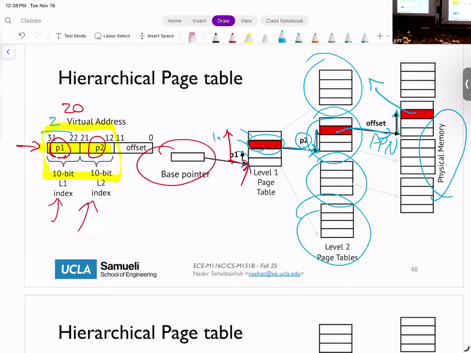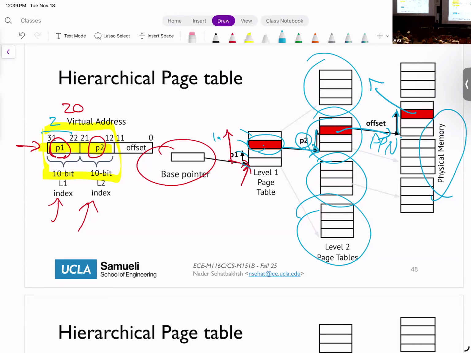Here I'm just showing you 2 levels. So I take the VPN, in this case a 20-bit number, and divide it into 2 pieces, a 10-bit and another 10-bit. The first 10 bits are used to index through the first level. The second 10 bits are used to index through the second level, okay?